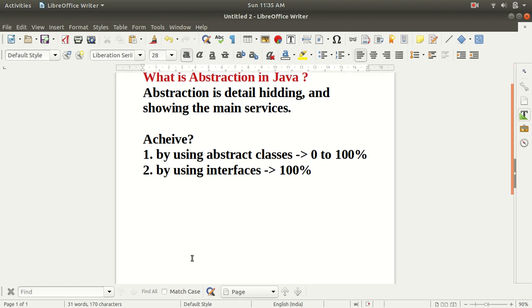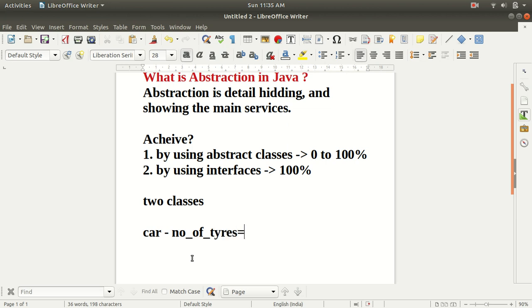Let's say that I have created two classes. The first class has the name Car, and inside the Car class I have created a variable with the name number of tires.